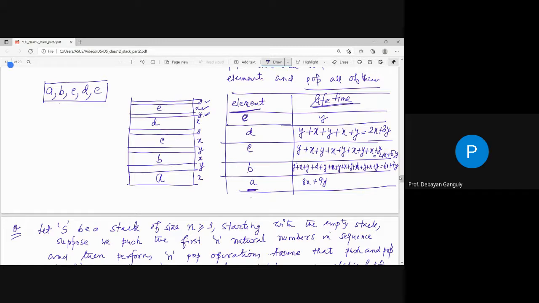The total lifetime, if I am considering only the 5 elements, is y